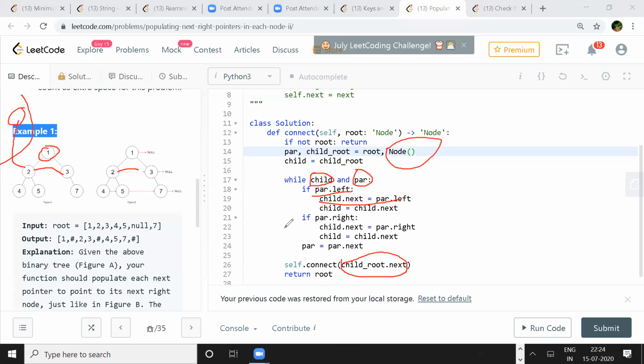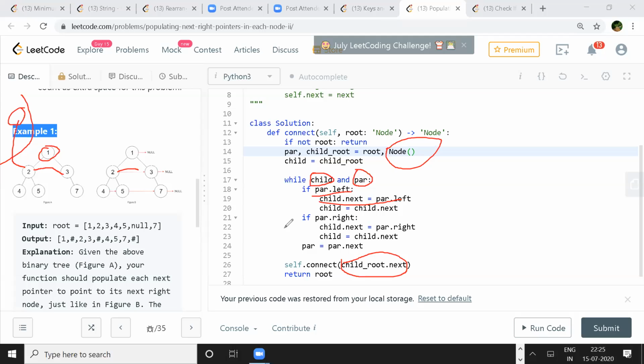But here he is creating a child node and doing it in the child node. So it's taking space, right? Yeah, but only small space for each level. Yeah, one space, because he's trying to use that dummy node concept, and that's allowed. They're saying you can use constant space. They have said. Or else it won't be that clean code, if you're not using this dummy node. It's like the linked list we use there. Yeah, similar to that, right? But it's not very easy to understand. Exactly. You explained here, and everyone was asking questions.